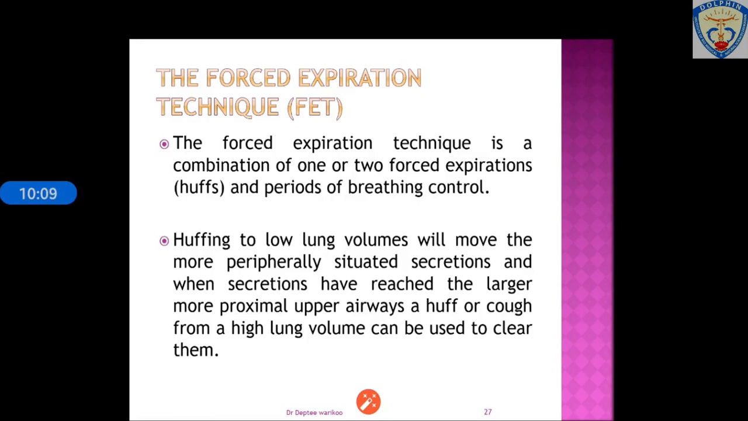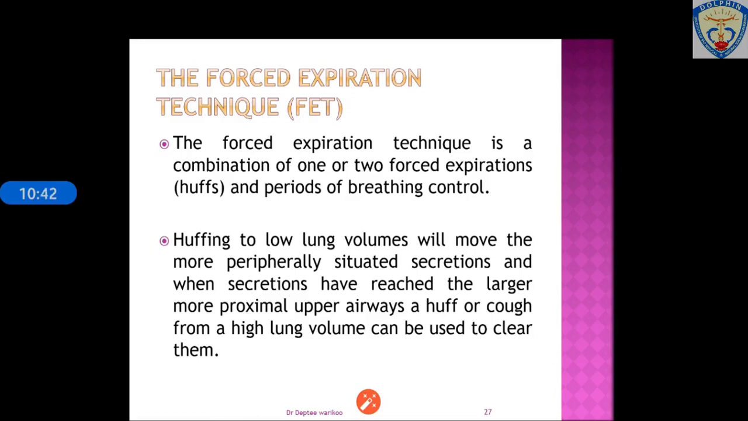After thoracic expansion, the third phase comes, which is the forced expiration technique or FET. The forced expiration technique is a combination of one or two forced expirations, which we call huffs, and periods of breathing control in between. Huffing to low lung volumes will move the more peripherally situated secretions, and when secretions have reached the larger, proximal upper airways, a huff or cough from a high lung volume can be used to clear